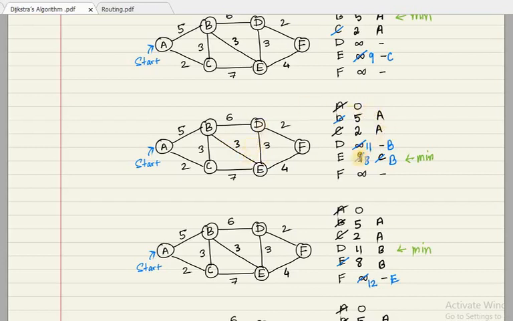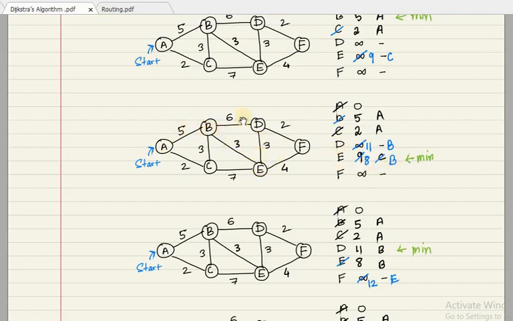As you already know, we have to keep the cost as minimum as possible. So since we have discovered a new path with lower cost, we are going to update it, and we are going to write 8 here. And then if you consider this particular path, what is the previous node with respect to E? It is going to be B, and that's why we are updating it to B. Earlier it was C, because we thought that link was shorter, but now we have found that this link is even shorter than the earlier one. After computation in this phase, we have found that this particular path is more economic. So the previous node of E has become B.